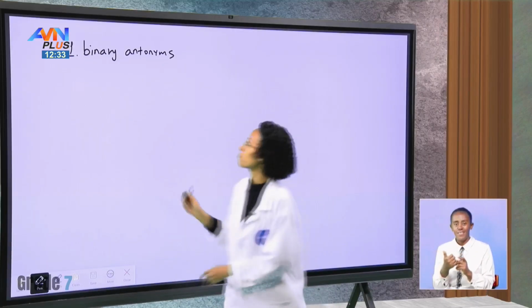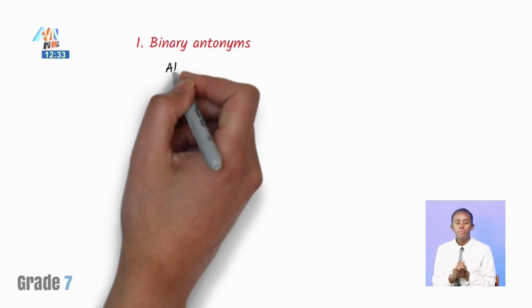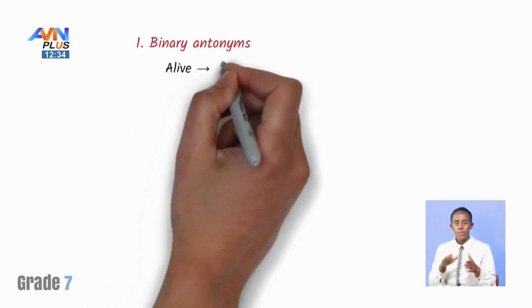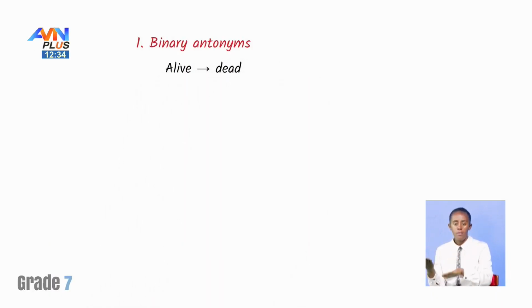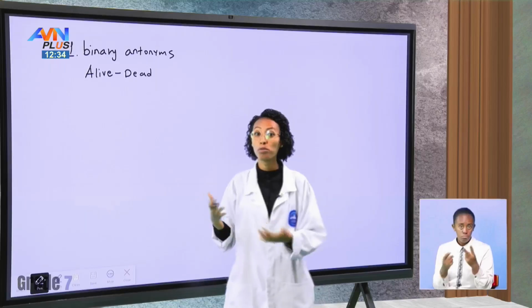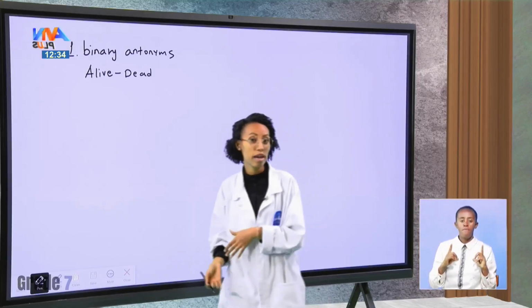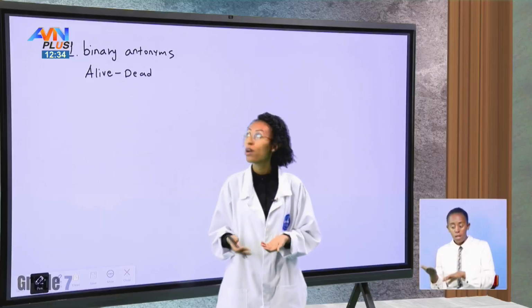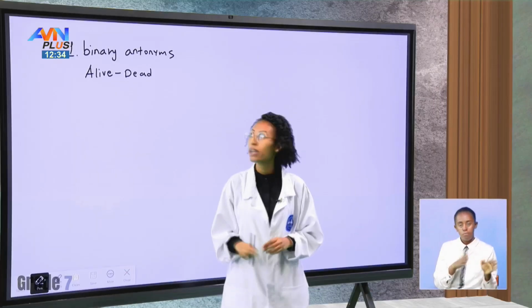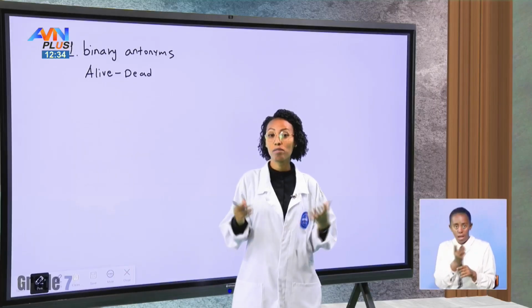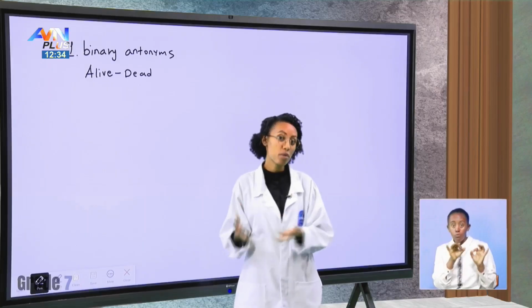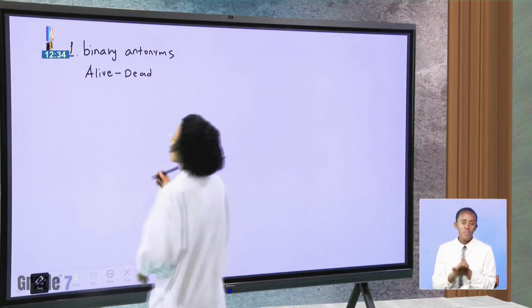For example, alive, dead. So you can't be both of these at the same time. If someone is alive, they can't be dead, or if they are dead, they can't be alive. So that is what binary antonyms mean. It means the absence of one and the presence of the other. Okay,